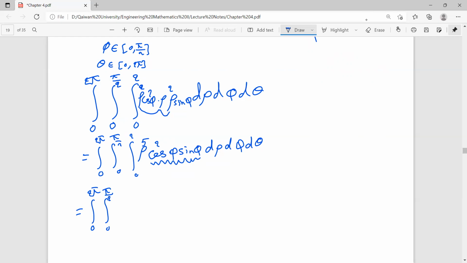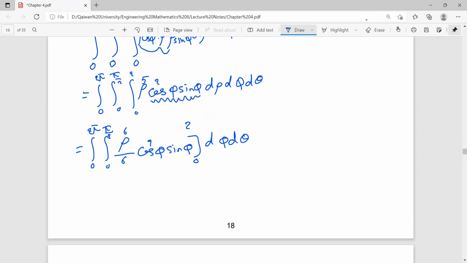Integration of rho to the power 5 is rho to the power 6 dividing by 6. Now we have cosine squared of phi, sine phi, where we took the integration with respect to rho, and it's from 0 to 2. You have d phi d theta. And now we replace rho first by 2 and then by 0. When we replace by 0, we get 0. And when we replace by 2, it is